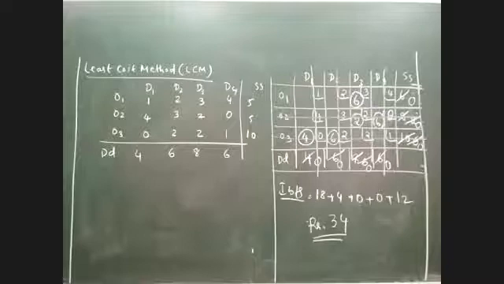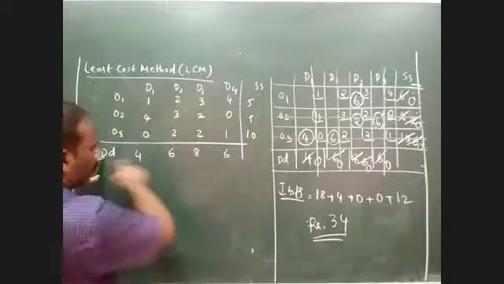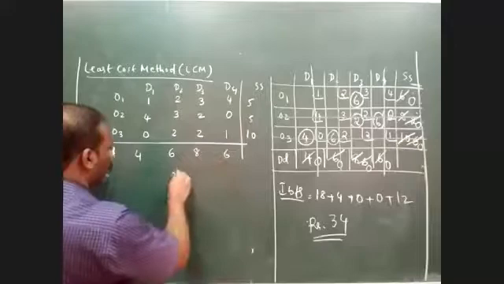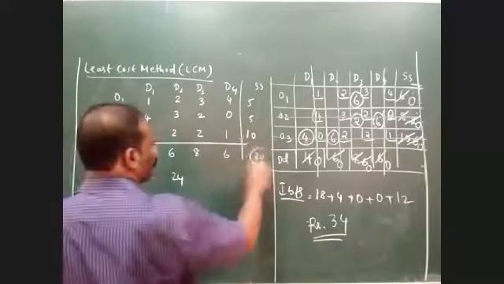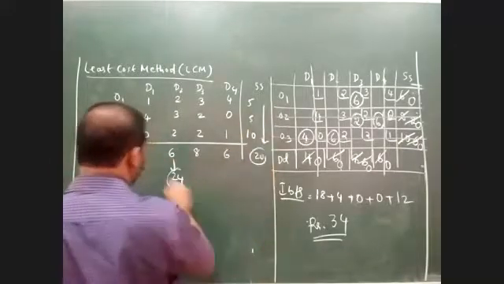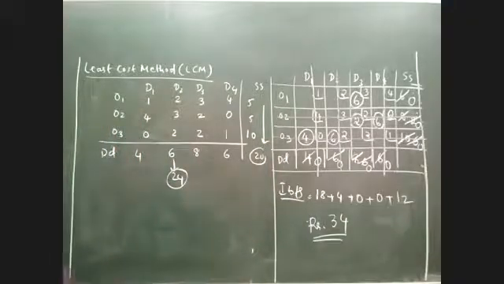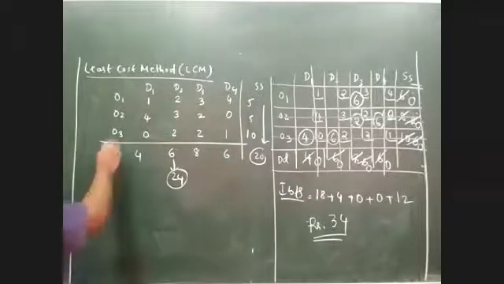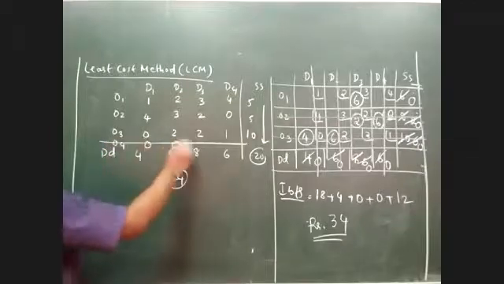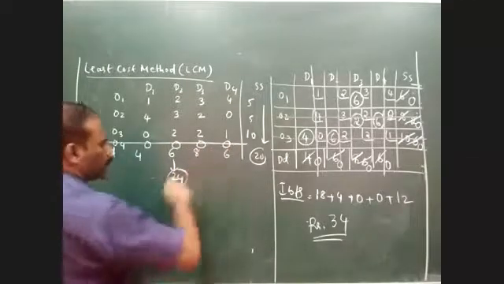As usual, I am supposed to find the total demand and supply. The total demand comes to 10, 18, 24, whereas supply comes to 20. So supply 20 here, demand 24 here. So where is the shortage now? Supply is the shortage. So what am I supposed to do now? I am supposed to introduce a dummy row called O4 by balancing it. Am I right? Am I supposed to introduce a dummy row now? So what is the dummy row? The dummy row is O4, 0, 0, 0, and 0, and the shortage is 4.